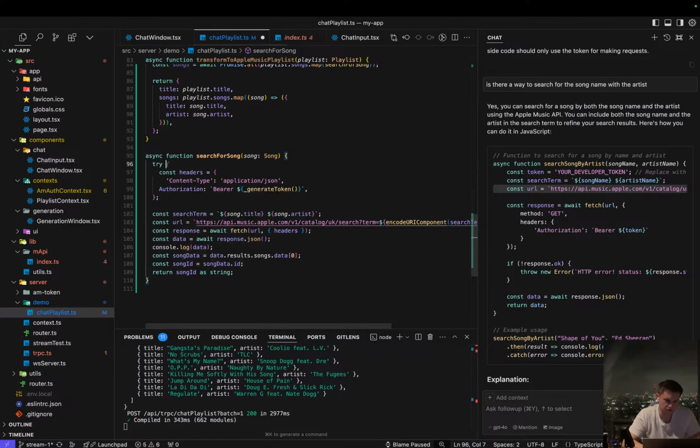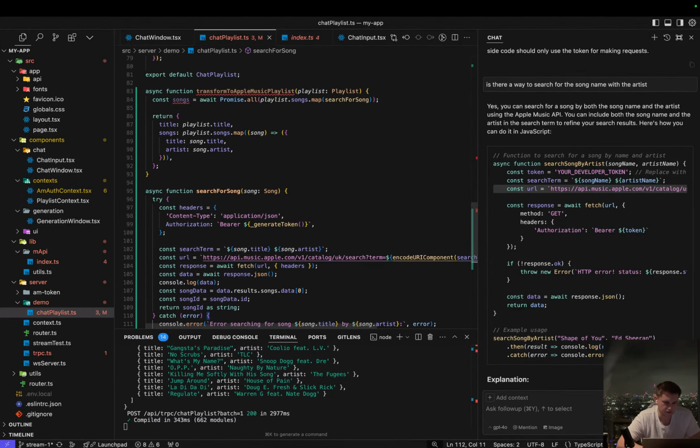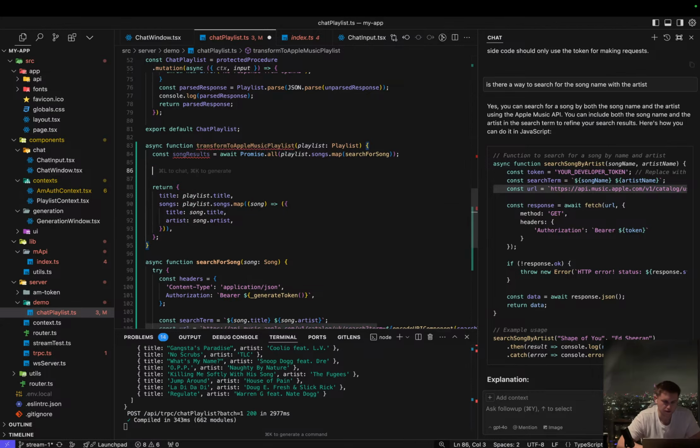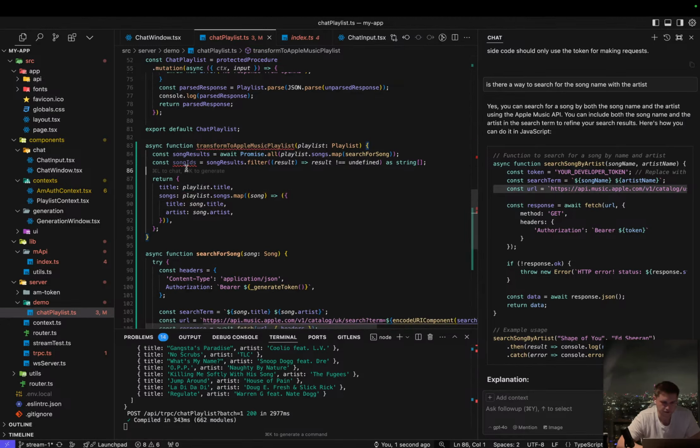And let's just stick a try. Return undefined. Just return. Don't care about null. And then let's just call song results, and then it's not the right way to do that, but we'll just leave it for now. Song IDs, and then